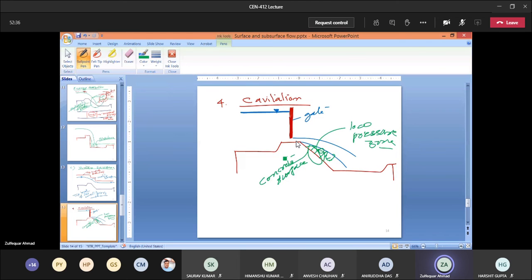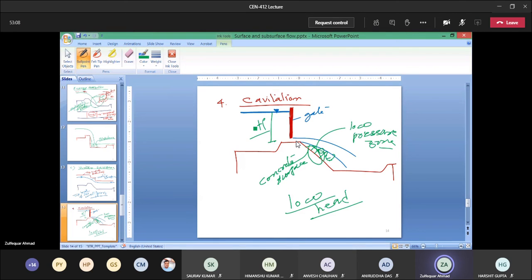Fortunately, hydraulic canal type structures, in general, I'm not saying all, are low head structures, and the cavitation problem does not arise in the case of canal structures. But if you have a high head, I'm talking about this head, then this cavitation problem will be there.